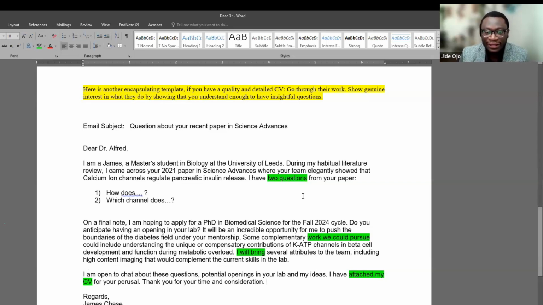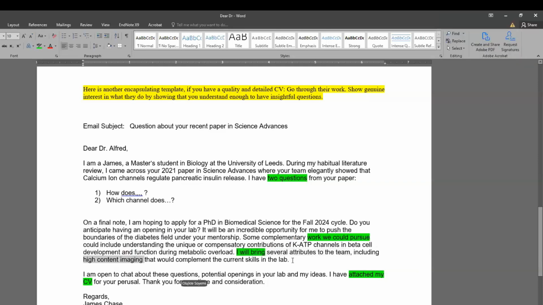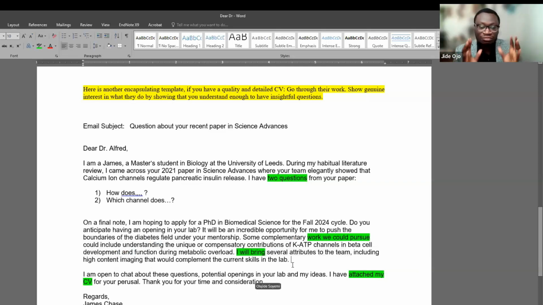So you can see the idea here is you have genuine questions, right? And you want to ask if there's a potential opening in the lab. But you are not just saying that, you are now pitching ideas of research. Of course, you are not making this a big marketing. You just want to let them know that you have some skills already, including this, that would add to whatever they have on the team. So you can see how briefly